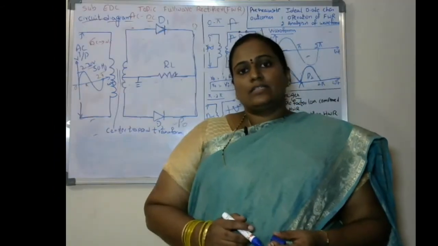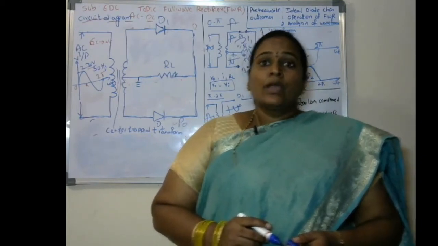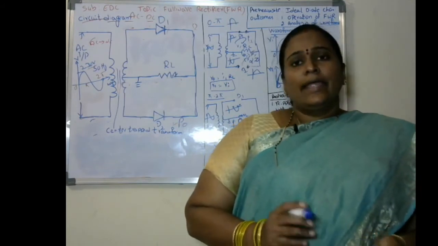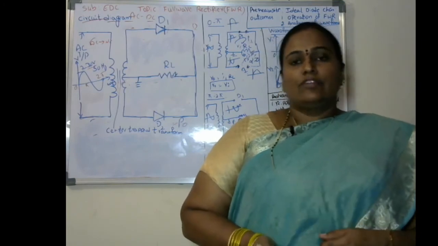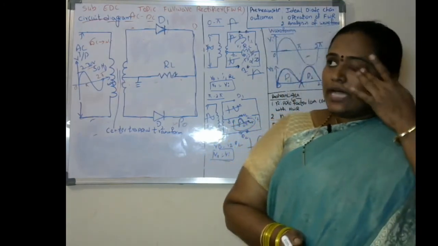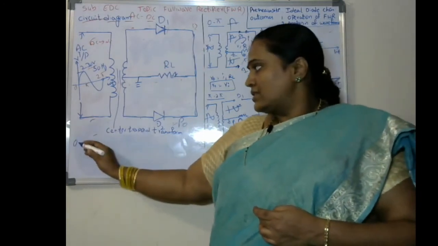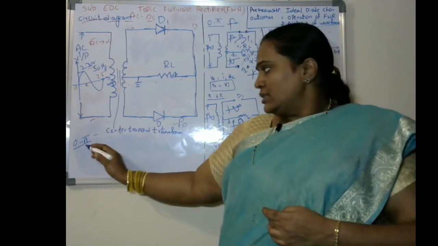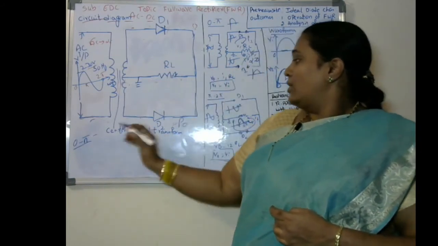Now we have to go for the analysis of the output waveforms of the full wave rectifier circuit. In this case, we have to observe whether it is passing the total cycle or not. Why did it get the name of full wave rectifier circuit? For that, we will observe, as usual, the cases. The first case is the 0 to pi case. In this 0 to pi case, we already did the analysis of the circuit.